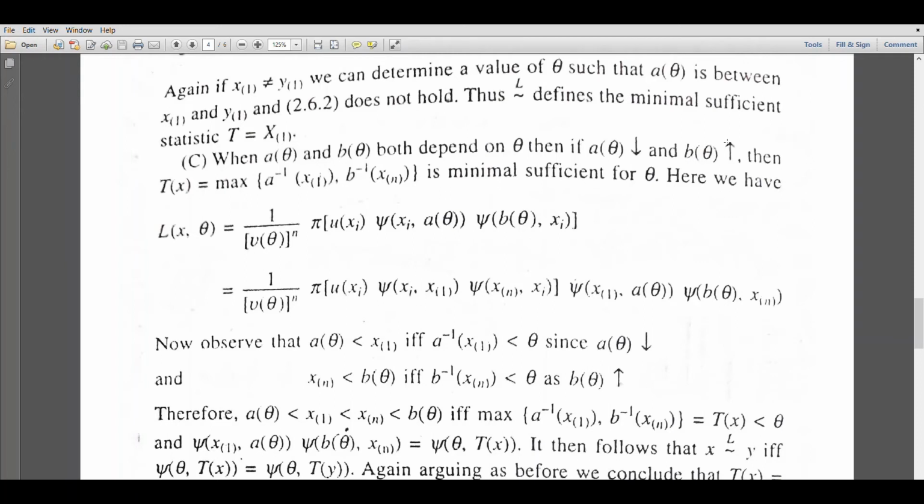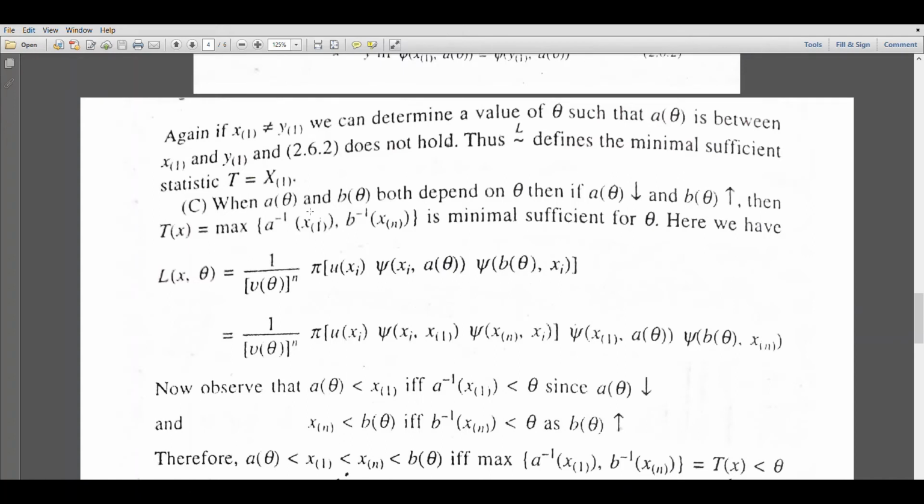Like minus theta comma theta, considering a uniform distribution over minus theta, theta, as theta increases a of theta decreases and b of theta increases. So in such a situation, how can we find the minimal sufficient statistic for theta? The minimal sufficient statistic is given by T of x is equal to the maximum of a inverse of x1 comma b